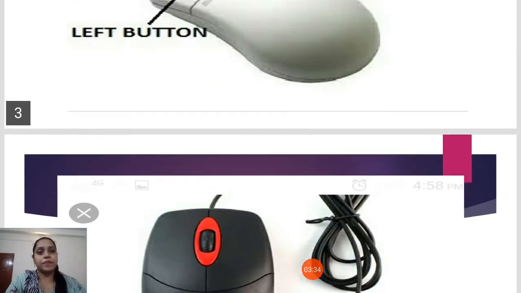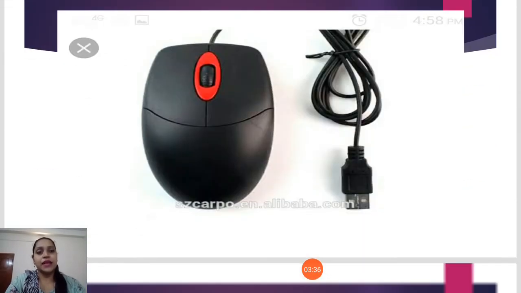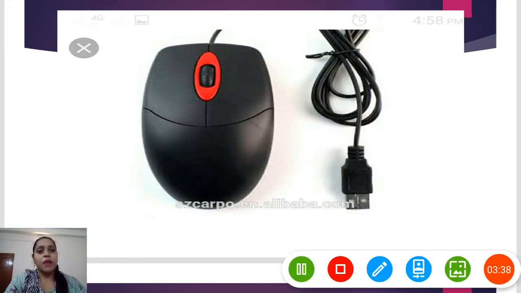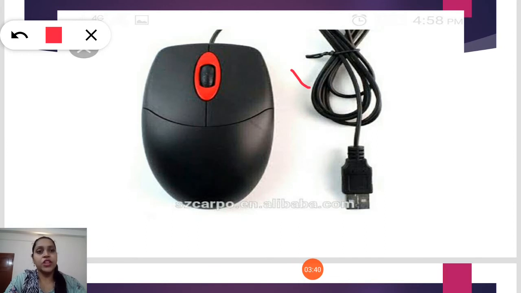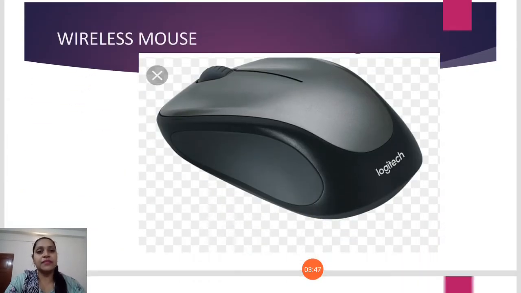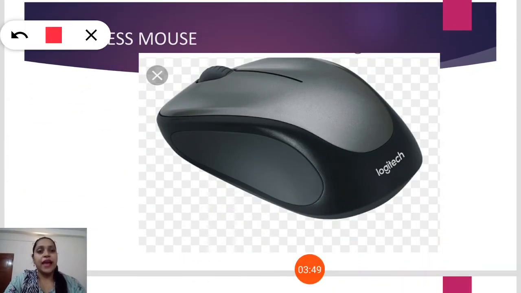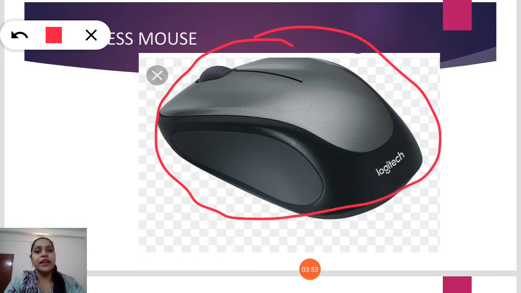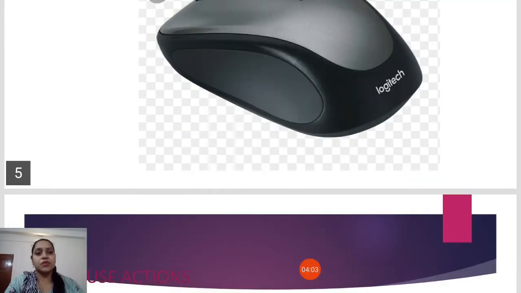Let's see. This is a mouse with a wire, and this is a wireless mouse. You won't see here any wire, and it connects to the computer without the wire, so it's called a wireless mouse.